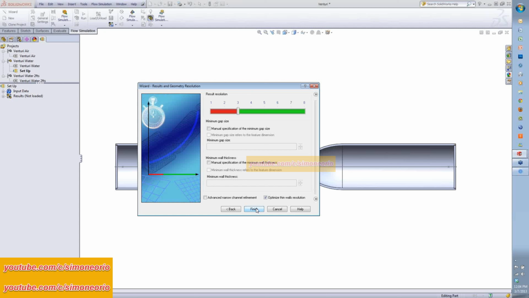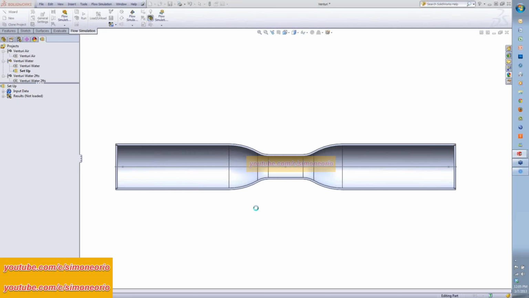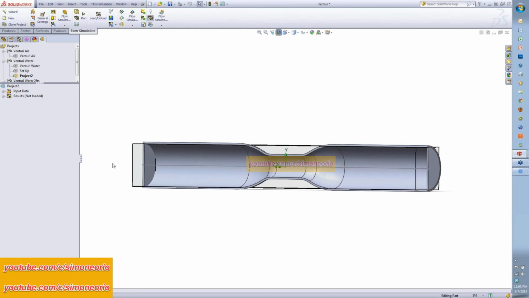Once we select next, it puts us into our meshing refinement. We have 1 through 8 as levels of resolution. 3 is the default. It does a very good job of recognizing the areas that are thinnest and applying the proper amount of cells across that boundary. We have full control over that as well. Basically, when I select Finish, SOLIDWORKS automatically does the Boolean operation behind the scenes to give me my internal volume here, because it is indeed capped with 2 lids.